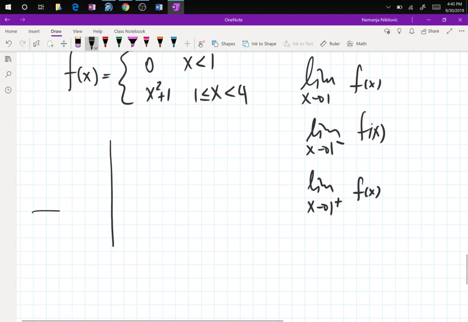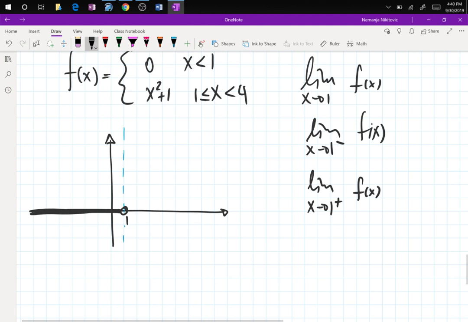I'm going to draw an XY coordinate system and make an invisible barrier at 1, because to the left of this invisible blue barrier, the function is 0. It has an open circle at 1, and the function is on the x-axis, because the function value y is 0